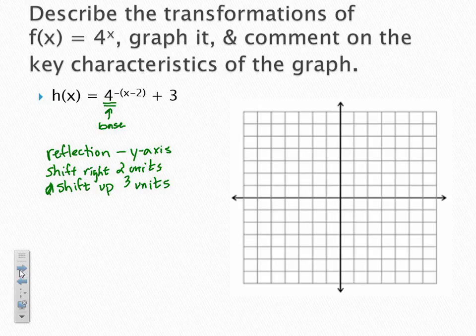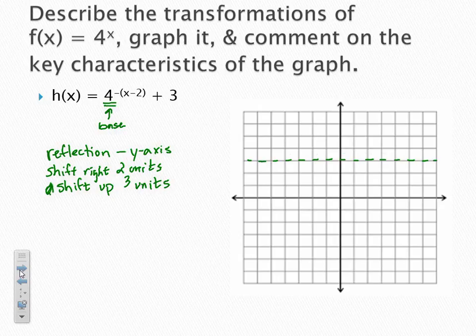Now that I've mentioned my transformations, it'd be very easy for me to graph this problem, right? Now, what I'm going to utilize is think of my parent function, right? We know that our parent function has a horizontal asymptote of the x-axis, right? Well, that horizontal asymptote is going to be impacted by my shift up of 3 units. So that's the first thing that I'm going to sketch, is I'm going to change where my horizontal asymptote is,